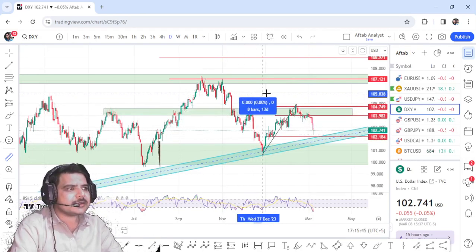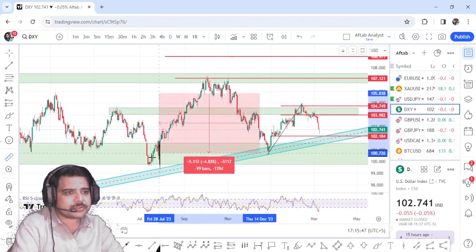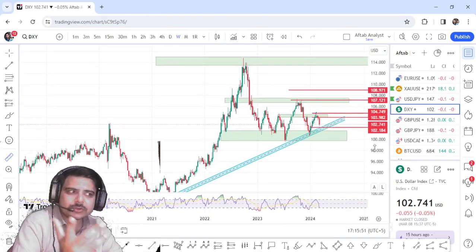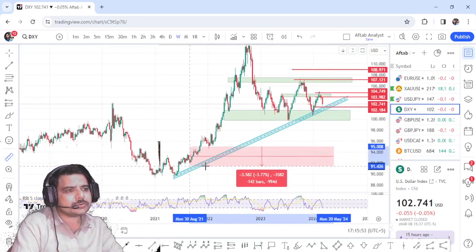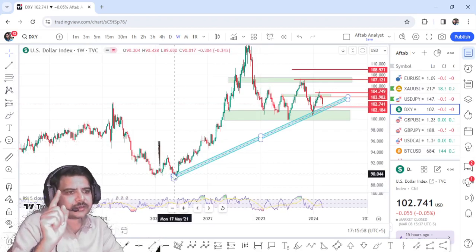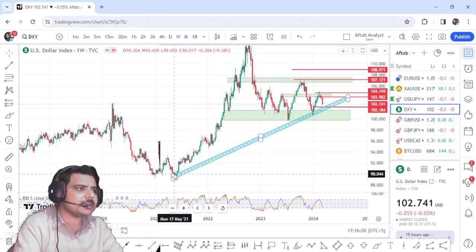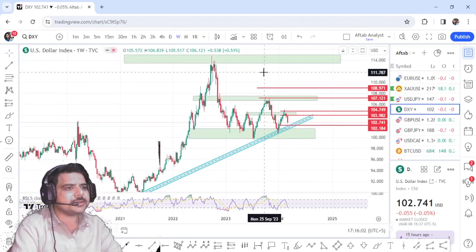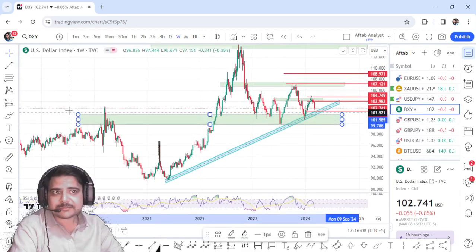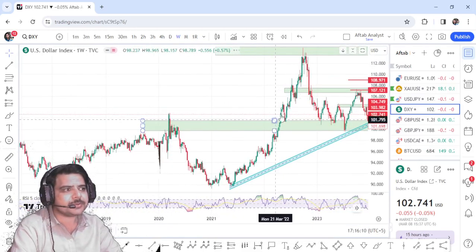The next thing is, definitely most of you will be watching me for the first time, so let's head over to the weekly time frame and let me give you a little bit of overview about this whole trend line and where it comes from. This trend line started all the way on 17th May 2021, so pretty much a strong trend we have, and this, if you can see, was on a weekly time frame a very nice previous breakout zone.